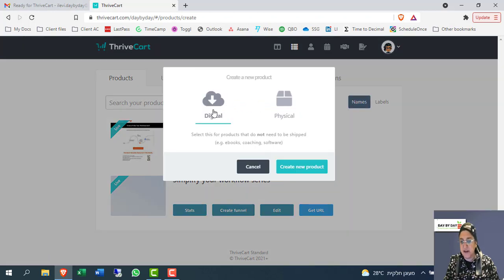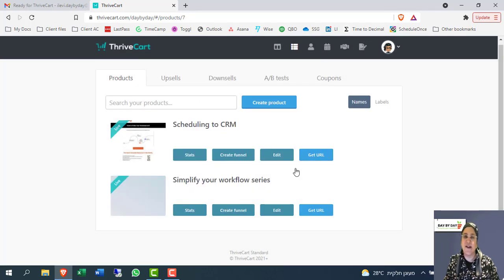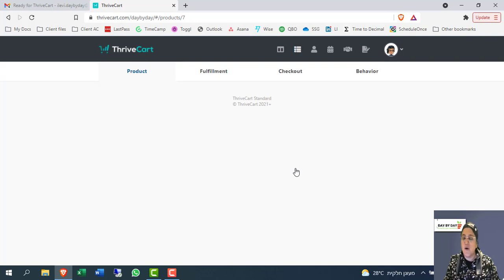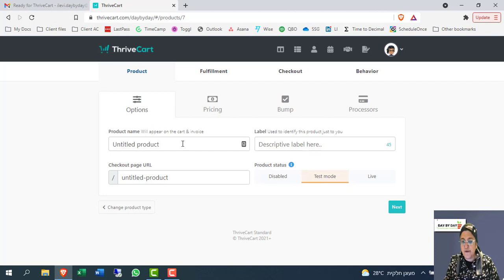And here you can decide if it's a digital or a physical product. This is going to be a digital product. This could be a template that you want to sell, a course, or coaching calls, or whatever. Seriously, you can do whatever you want with this. It's a really great tool, and it works really, really well. So the first thing we want to do is create a product. So let's just call this